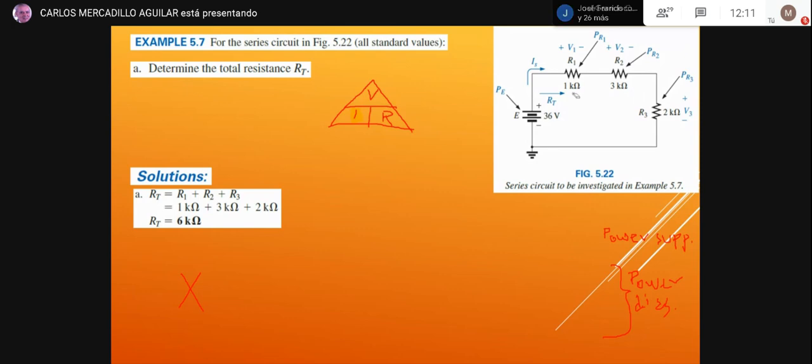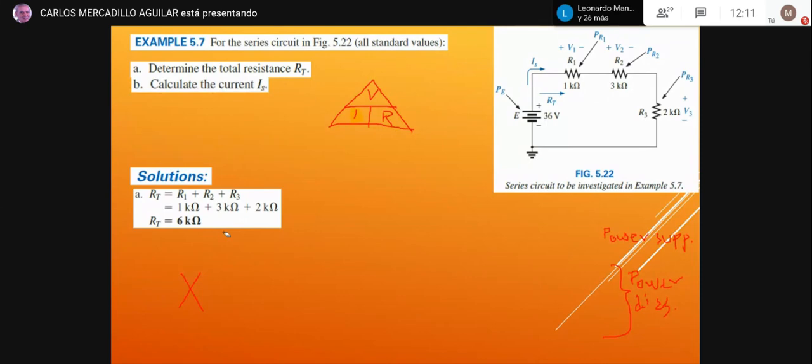Well, we will sum kilo ohms with kilo ohms. We are not mixing kilo ohms with ohms. So we obtain that, and we will put it here. Then